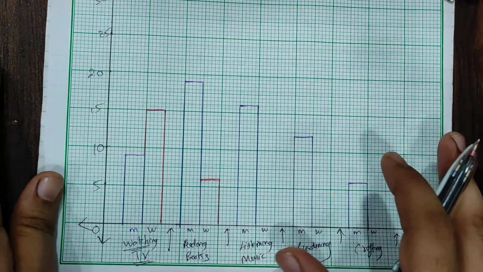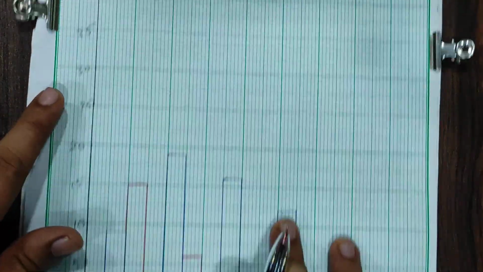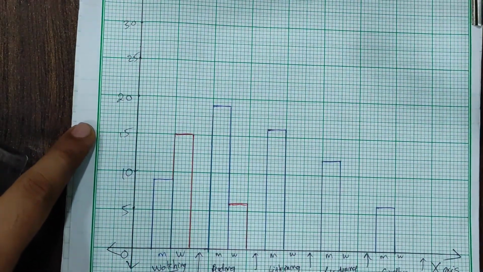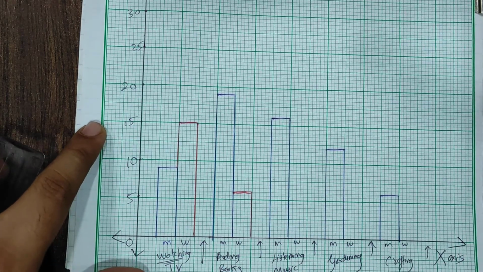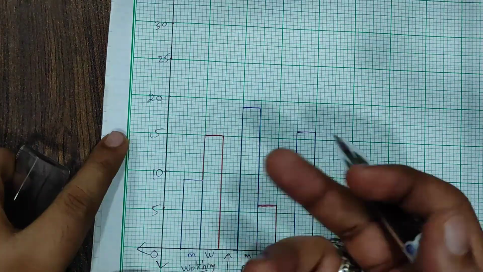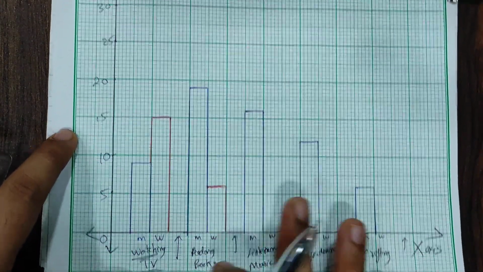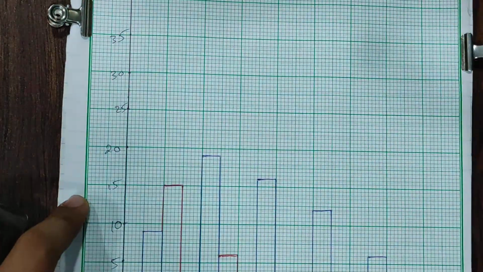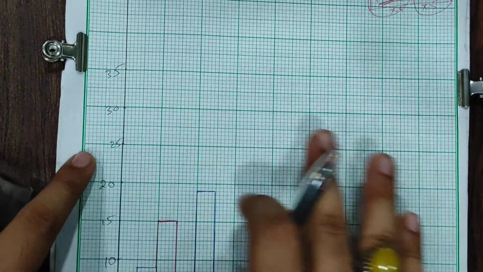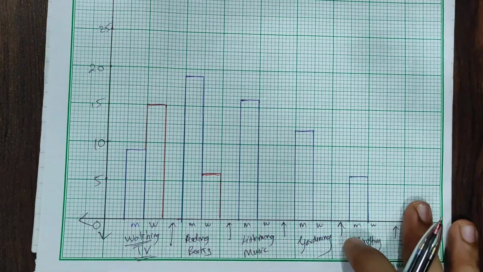One more thing, students. It's strictly prohibited to write anything on the graph paper, including the scale and the name of the axis. I forgot to even write the name of the axis. Over here we should write the number of people. Everything should be in pencil. It's prohibited to write anything with a pen, not the graph, nor the numbers, nor the axis, nor the scale. You should not touch a pen to this graph paper, please. But why am I doing it with different colors? So that in the video you can see it very clearly.